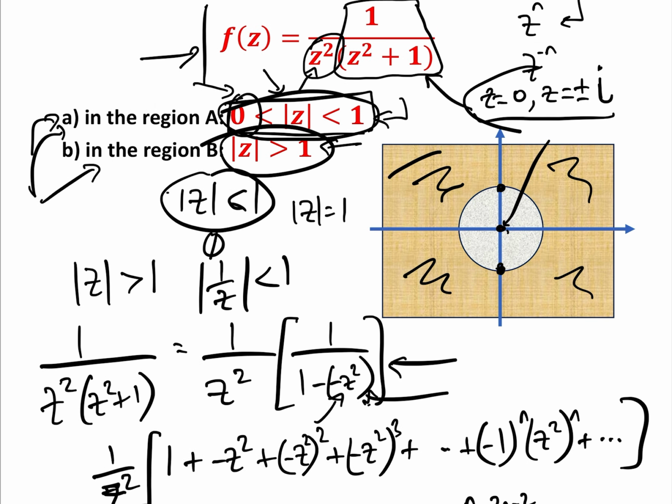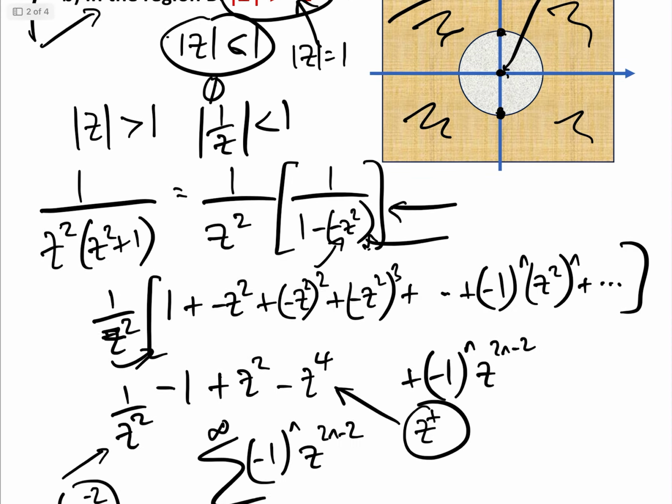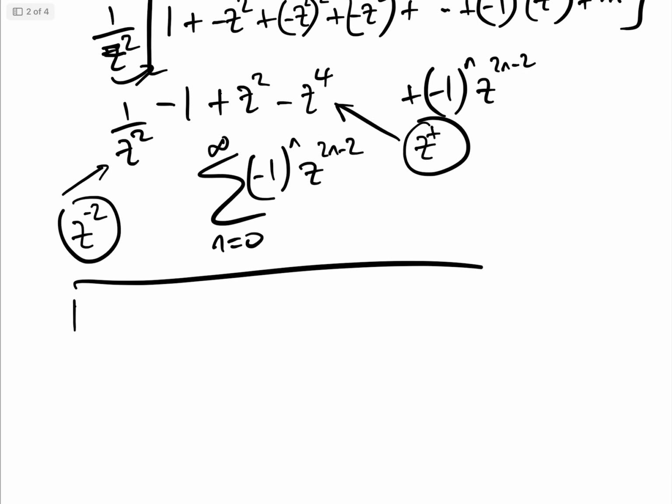We have singularities at z equals 0 and z equals plus or minus i. Well, mod z greater than 1 does not include any of those singularities. We've already established that. They're those three, and they're not included in the region mod z greater than 1. So therefore it is analytic, and so therefore what we can do is we can go, okay, 1 over z